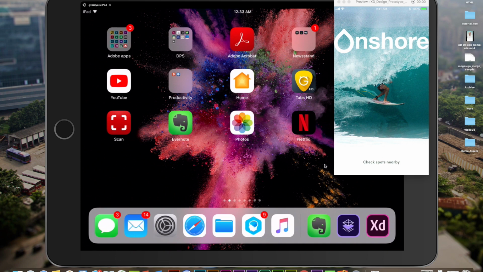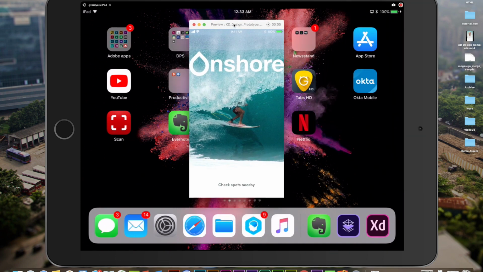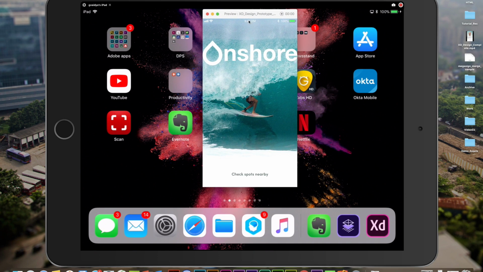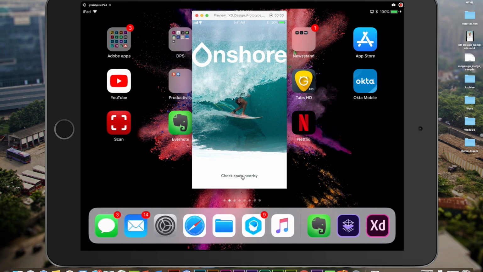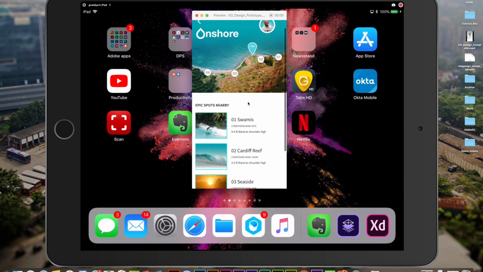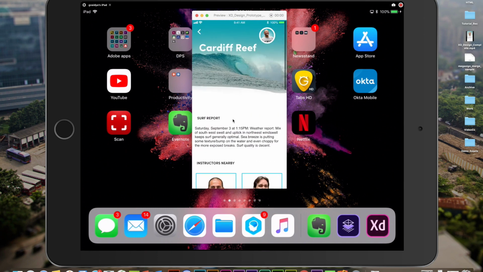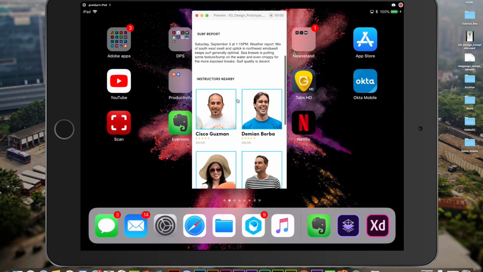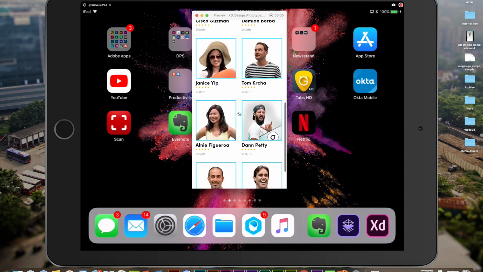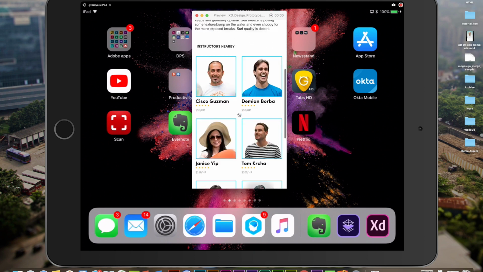So let me actually show you what app we're going to be building today. If you look here, this is an app basically for surfers. It's a prototype that helps them find different surf spots, like you can see here. And then once you choose a spot, it'll then recommend certain instructors who are nearby who could then help you